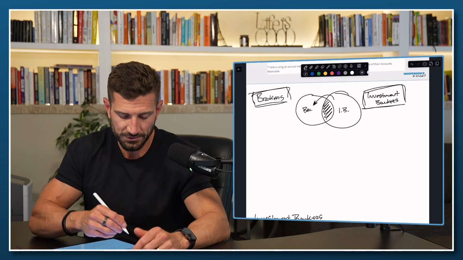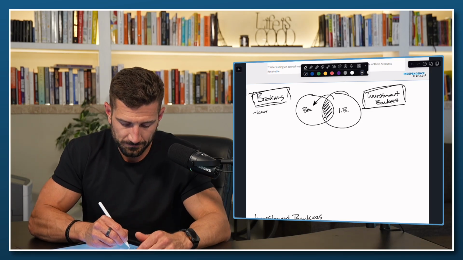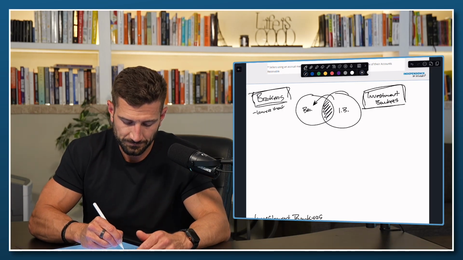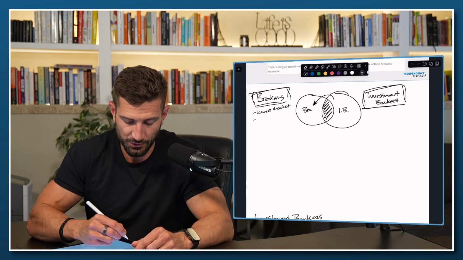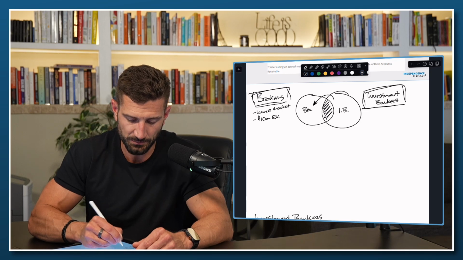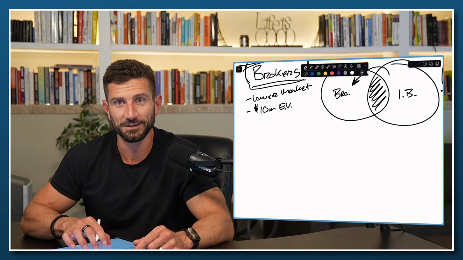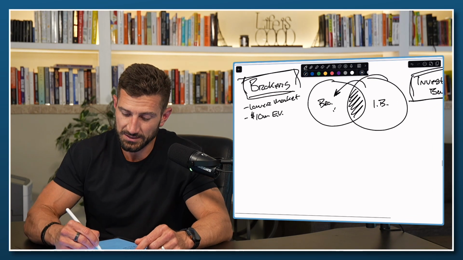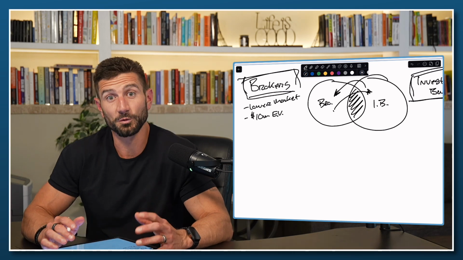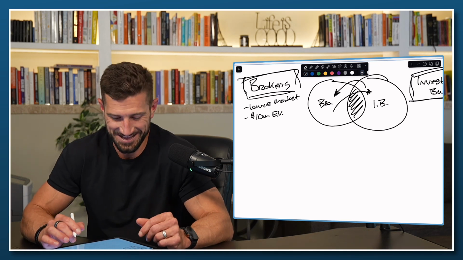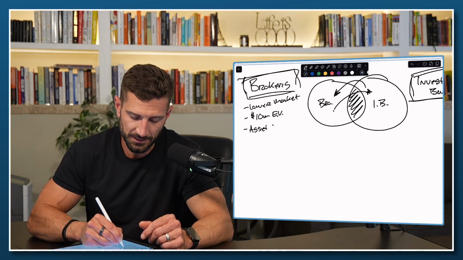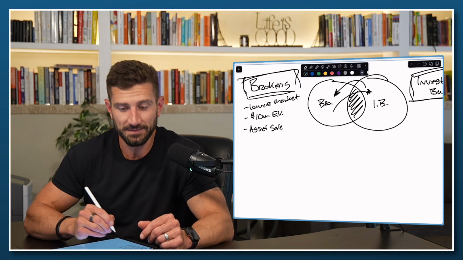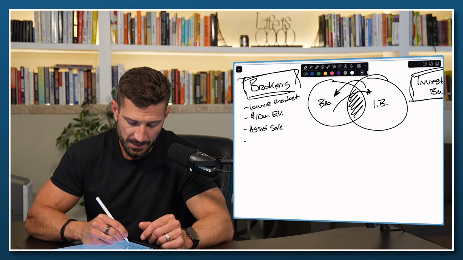So brokers are on the lower market. Again, I'm going to piss off some brokers here, but they are usually hovering at $10 million enterprise value and below. Some of them will go higher and they'll claim that they do some of this stuff, but I'm going to walk you through what good looks like and then they can prove it. So it's mainly going to be an asset sale. And the reason behind that is because they have a